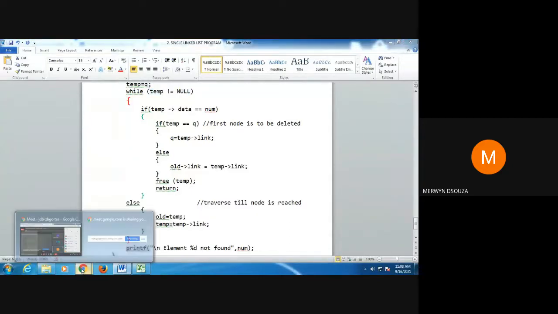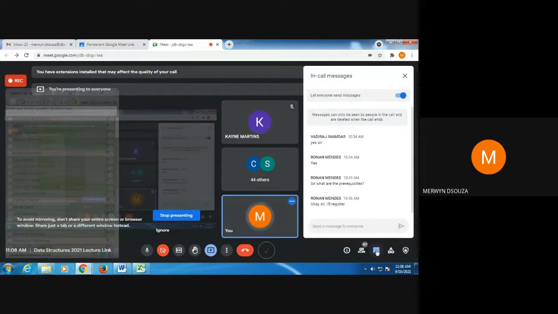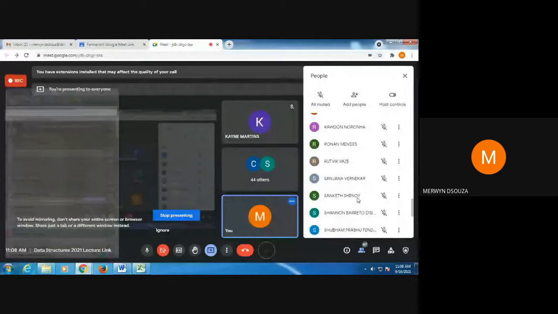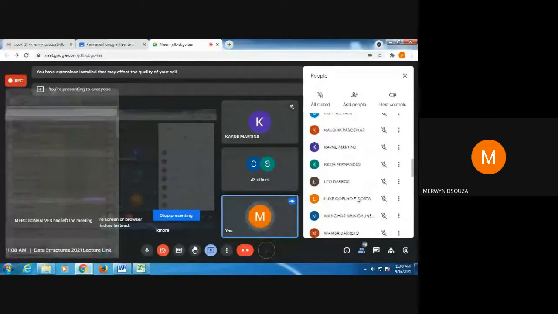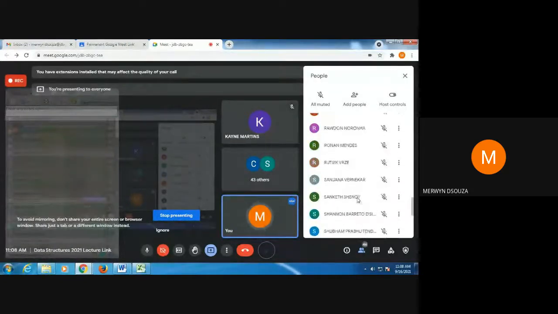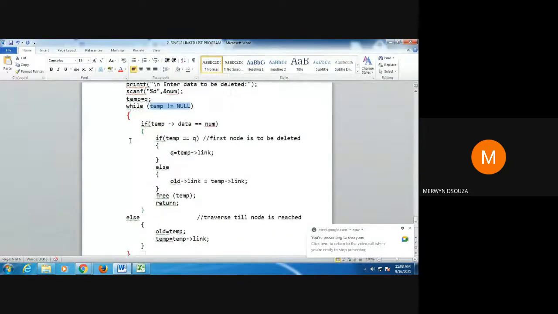Correct? Everyone agrees? Anyone who does not agree, please let me know. I'm teaching this program for you all to understand, so if you're not understanding, let me know. He says that we can enter the while loop. Anyone who says we cannot, just let me know, and I will clarify your doubt. Because you don't know, I'm teaching you this; if you knew, we would not be teaching. Okay. So yes, you're correct. We can enter the while loop.